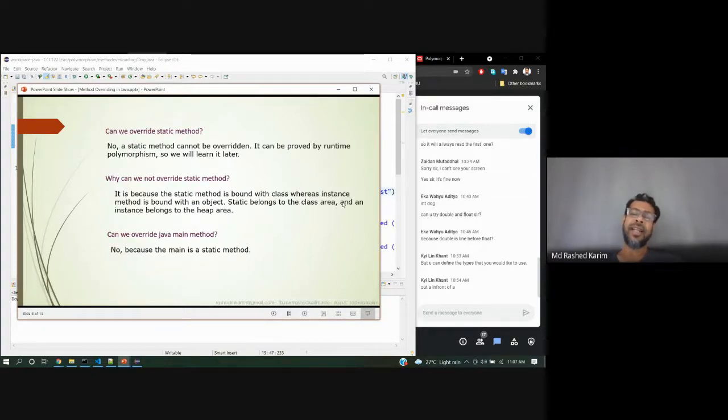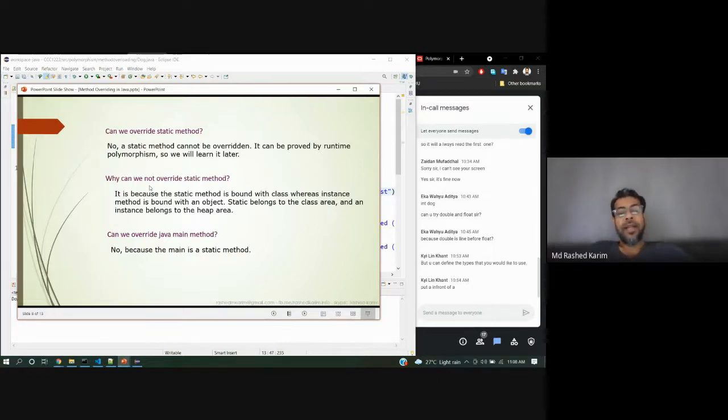Can we override a static method? No. A static method cannot be overridden because it's totally class specific. It can be proved by runtime polymorphism, which you will learn later.